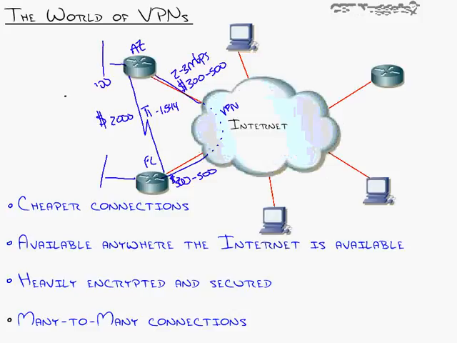That's my number one benefit for VPN connections: they are cheaper. They are also widely available. They're available anywhere the internet is available. Now, I'm talking right there of one type of VPN that links offices together, but there's another type where we